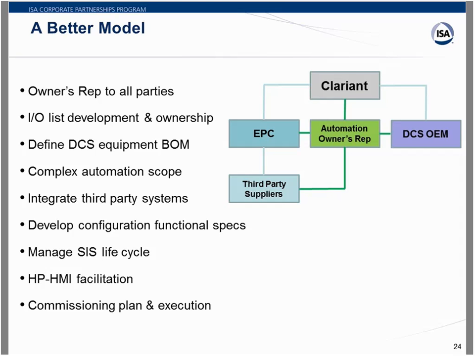The control system side of the loop sheet. So in this case, the EPC did the field side of the loop sheets because they did all the wiring design and everything. And then they just sort of left the control system side of the loop sheet blank. And the automation owner's rep then filled in that side of the loop sheet.